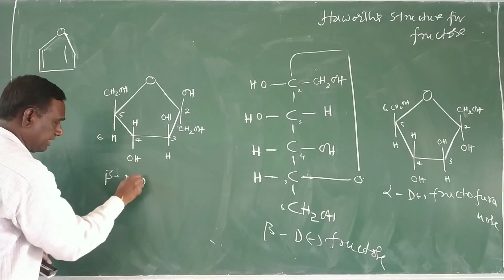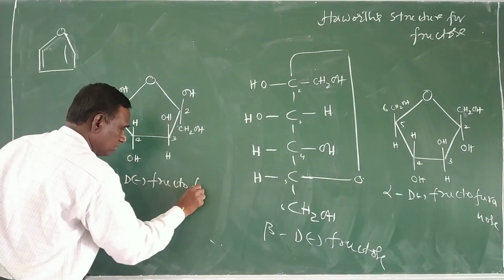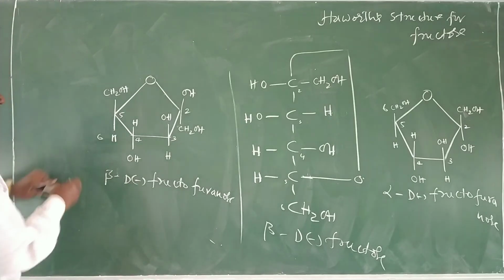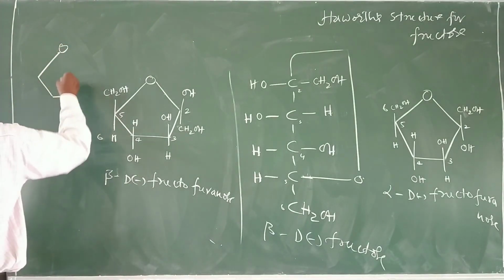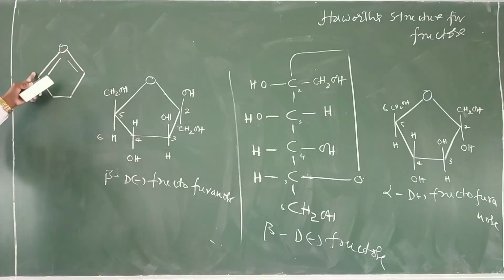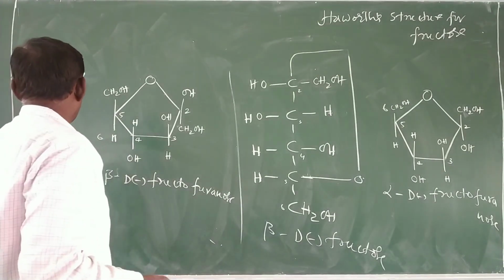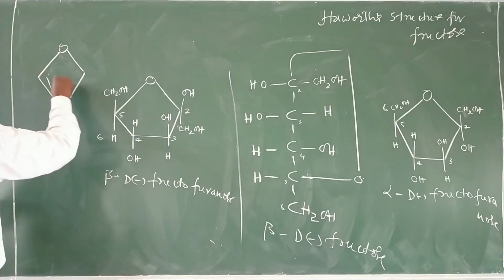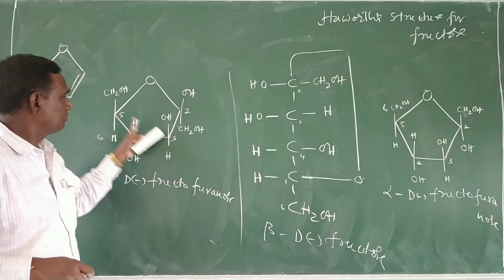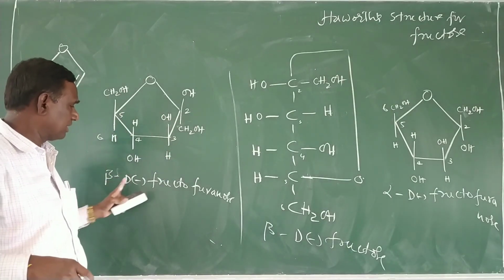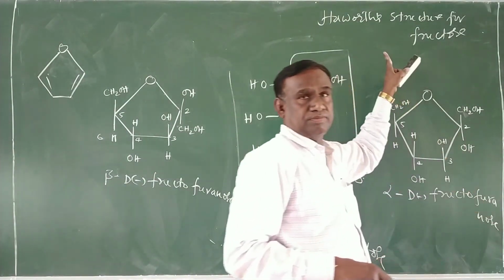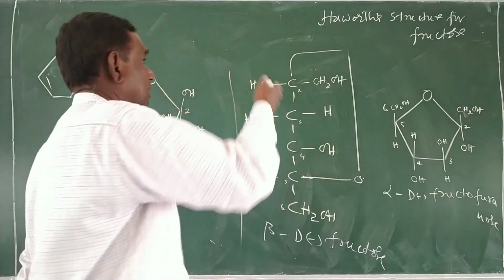So therefore, you will be getting beta D minus fructopyranose. You have to write the pyranose ring. So this is how. So pyranose ring means like this. That is 1, 2, 3, 4, 5. Okay. Or you can write the double bond here also. So that means you see beta D fructopyranose. It is the beta D structure. It is alpha D minus fructose, and it is alpha D fructopyranose rings. So that means alpha and beta structure for fructose.